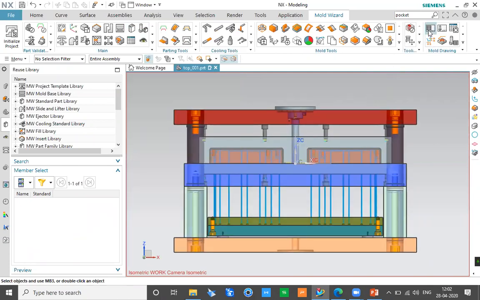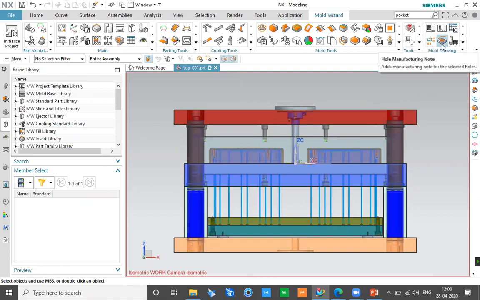And apart from that, you can also create automatic drawings, assembly drawings. You can create automatic component drawings. You can create automatic hole tables in which all the information related to holes and everything will come up. And you can also define a hole manufacturing table, auto dimensioning can be done, and all basic information like the ejector pin table. And you can actually have ejector pin information, like what is the length and what is the diameter of each ejector pin, so that it can be manufactured separately. So all of this, right from initiating the project up to all the processes, is there over here.